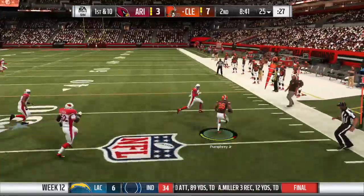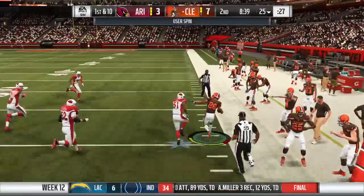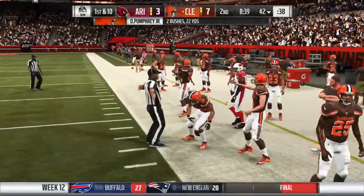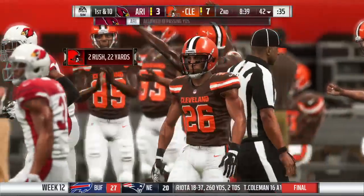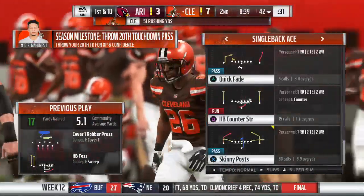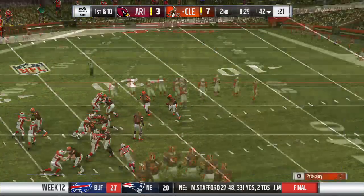A handoff to start out the drive. It's Pumphrey. And a nice spin into some open field. That's a good way to start the drive. 17 yards and a 1st down. That's a lot of beef thundering downfield off of the toss play, and it takes me back to when I was a kid and watching